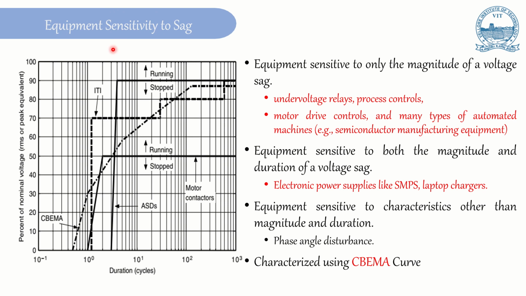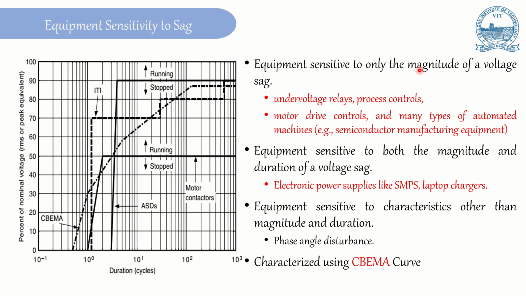In this case, the under voltage can happen in terms of magnitude over a period of time. We have equipment which is sensitive only to the magnitude of voltage sag. For example, under voltage relays, process controls, motor drive control, and many types of automated machines like semiconductor manufacturing equipment come under this category. Even if the voltage sag magnitude is high for a very short duration,